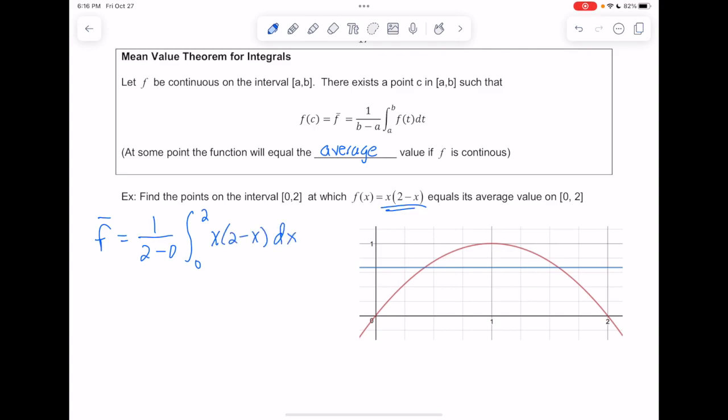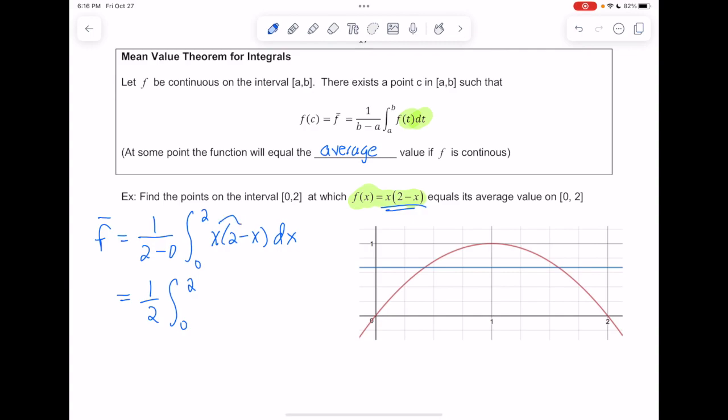with respect to x. So up here, by the way, they used a t, but I mentioned this before, we call that a dummy variable in a definite integral. The definite integral comes out the same regardless of what variable we use. So we could match their t if we want, but we might as well just match what was given to us here, which is the f of x equals. All right, so we want to go ahead and try and evaluate the integral so we know what the average value is. So we have that 1 over 2 out front. We're doing the definite integral from 0 to 2.